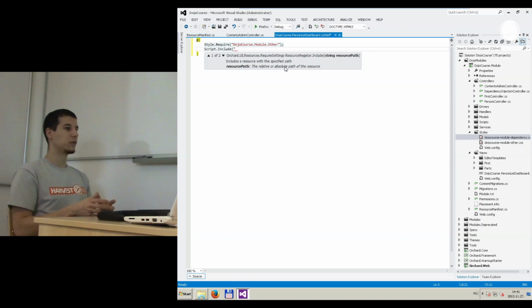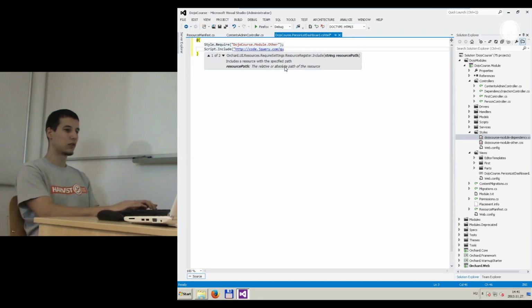If you just want to use, for example, Bootstrap from the official CDN, you can just give it a URL and then you have it included. Now, what we have in the example here is the minified version of jQuery, which of course can be found in the Orchard jQuery module, but for the sake of demonstration, the URL for this resource is